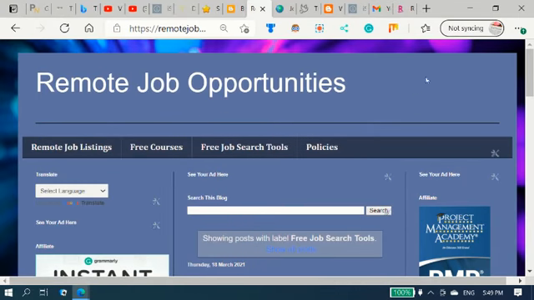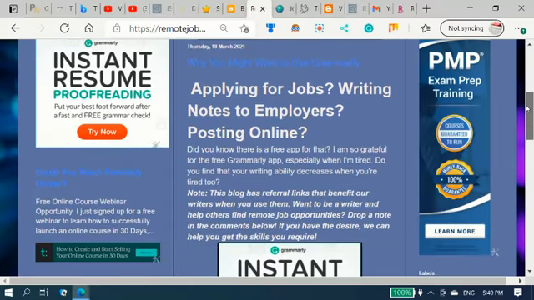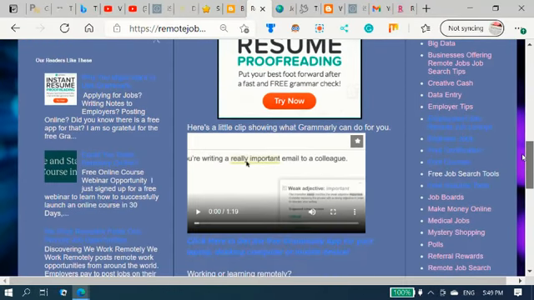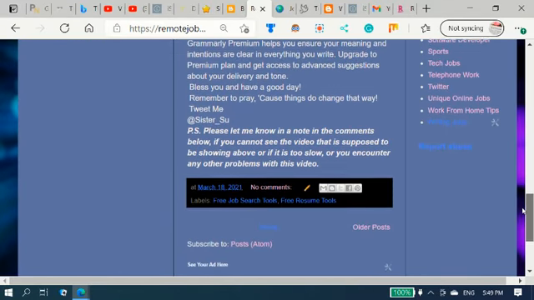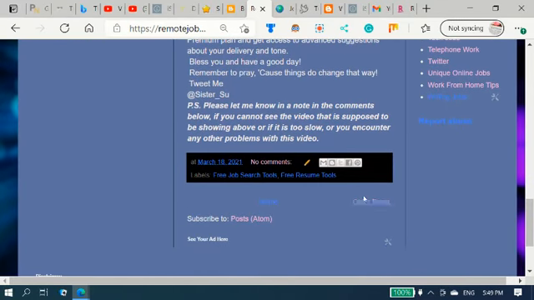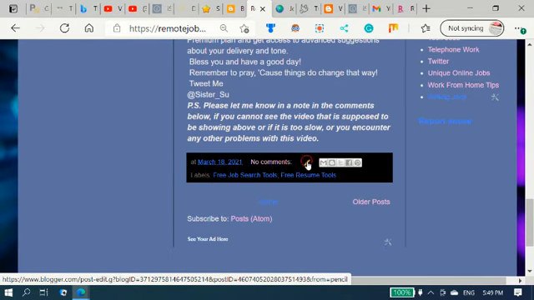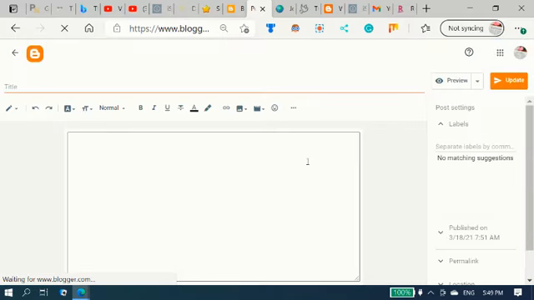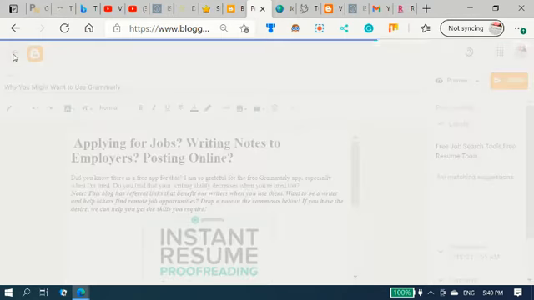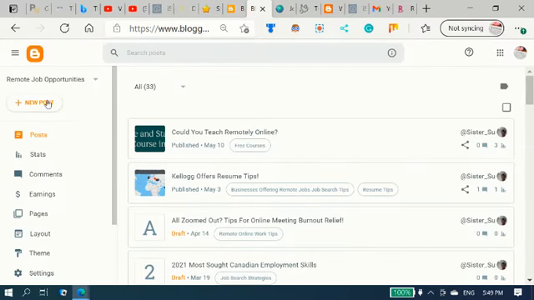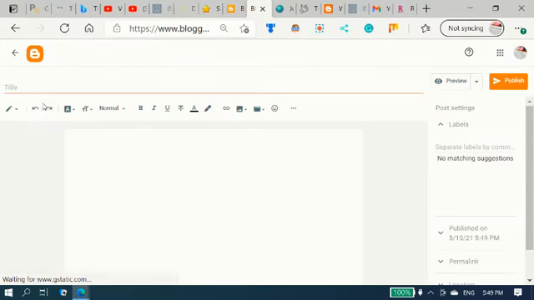So what we're going to do is create a new post. And there's a quick way to get in there with this template. This template is one of the templates I really like in Blogger because it has a little pencil there. I can get into my back room this way. It's a little sneaky way to get in. There. So create a new post